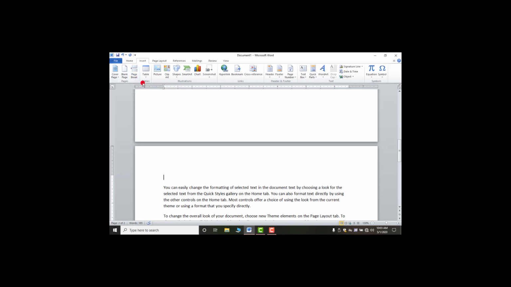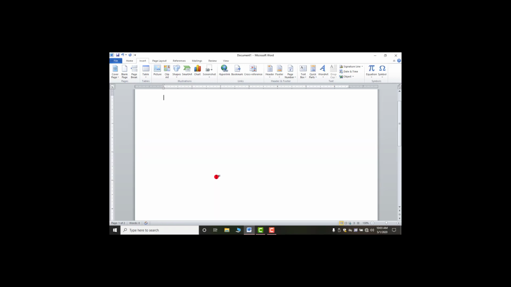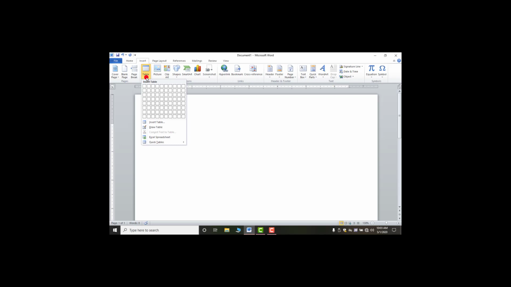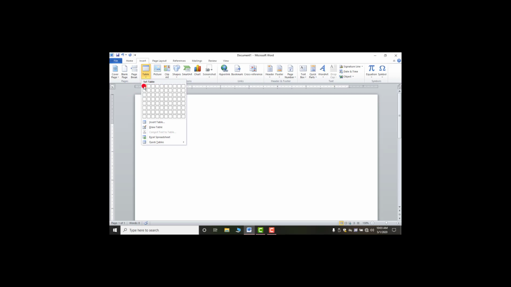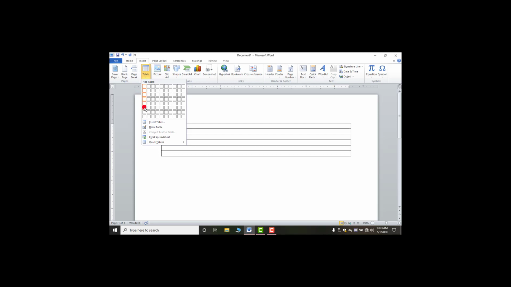Now important feature, table. This is the most important feature and a good topic. First of all, if you want to store your data in tabular form, you have to use this table feature. Now there are two ways to insert a table. First one is by using these boxes. Look, this is called your rows and these boxes will create columns. If you move vertically like this, they will create rows for you, and if you move horizontally like this, it will create columns for you.